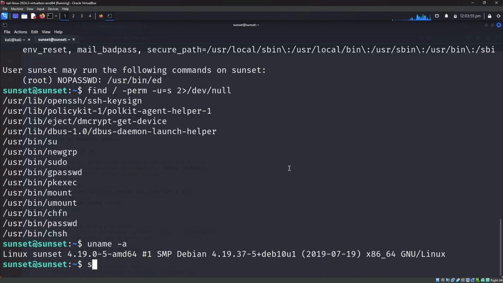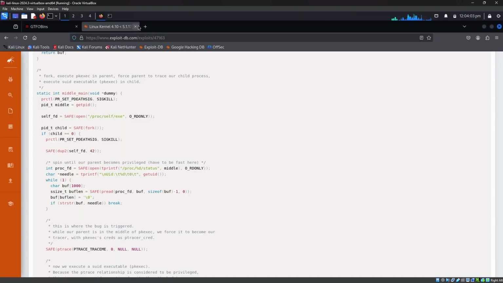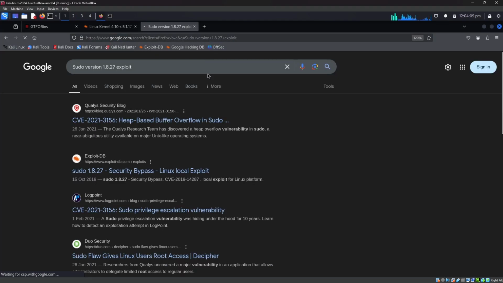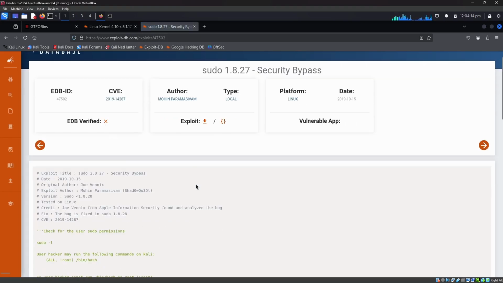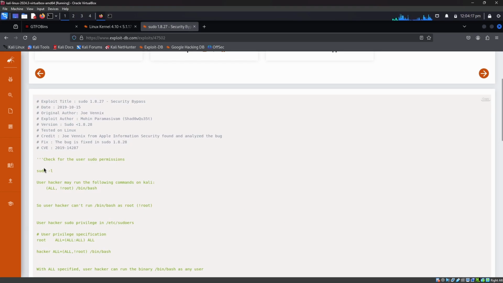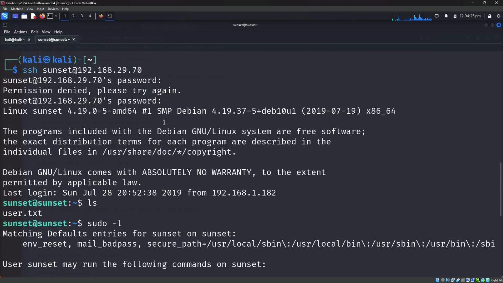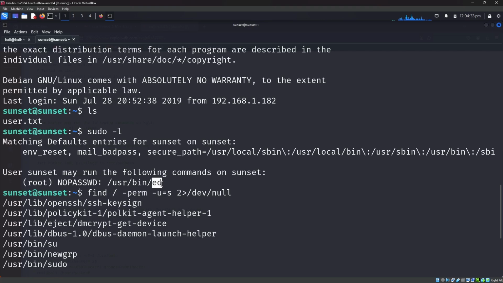There is another method called sudo -V to find the sudo version. As you can see, this is the sudo version that we get. You can also search for exploits on that particular sudo version. If you get an exploit that looks like an exact match, then you can use it. As you can see, it is asking for sudo -l to list the privileges, and for that we also know that when we listed the privileges, we got ed, right? So to become root in this particular machine, you need to execute the code for ed from GTFOBins,